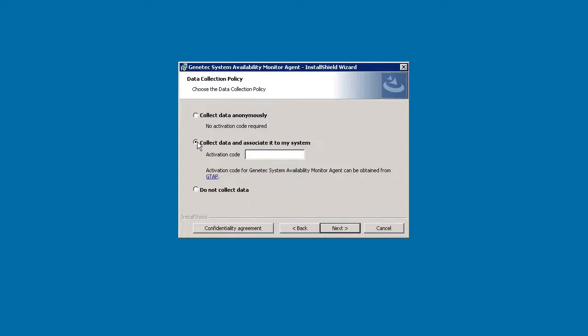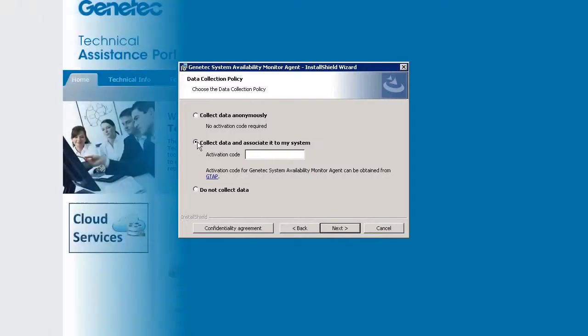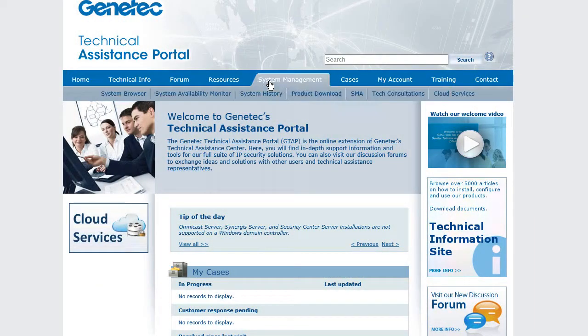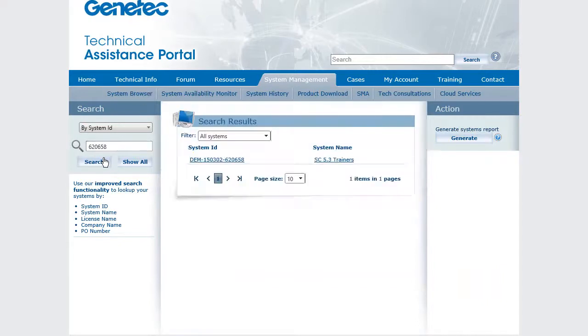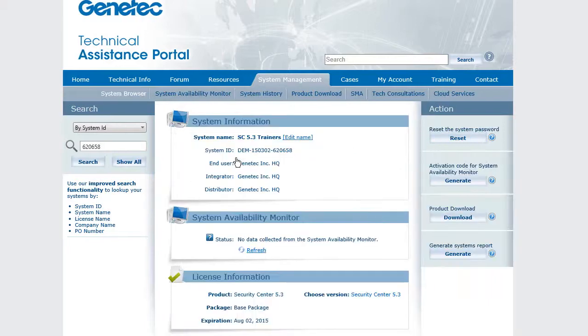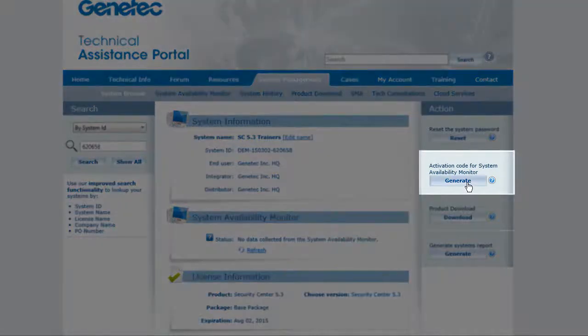As we mentioned, choosing to collect data and associate it to your system will ask you for the activation code. To generate a code, log on to the GTAP, go to the System browser under the System Management section, and search for the system you want to generate a code for. With the system selected, look for the Activation Code for System Availability Monitor section on the right and click on